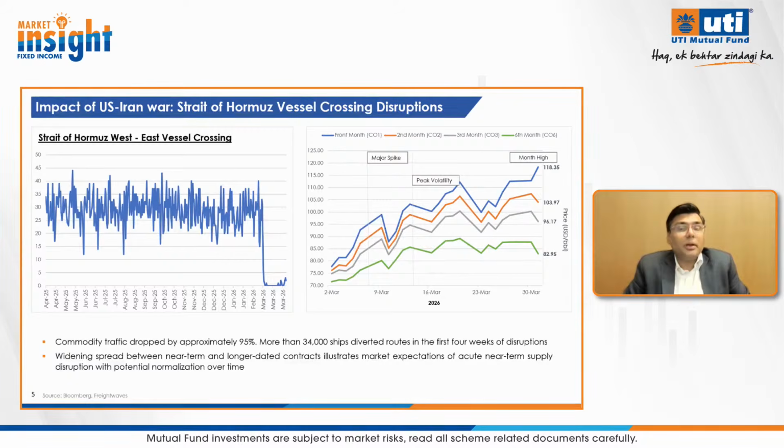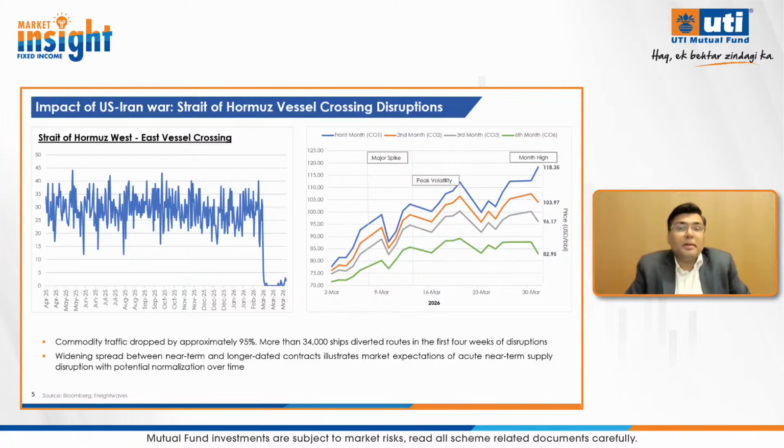And if you look at the impact it has had on crude, this chart is very instructive. So the blue line on the right hand side chart shows the spot oil price. The red line shows the second month oil future. The gray line shows the third month, and the green line shows the sixth month. So if you can see this chart,